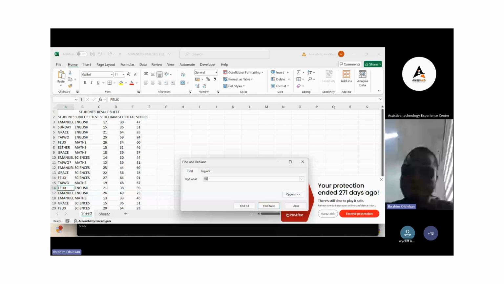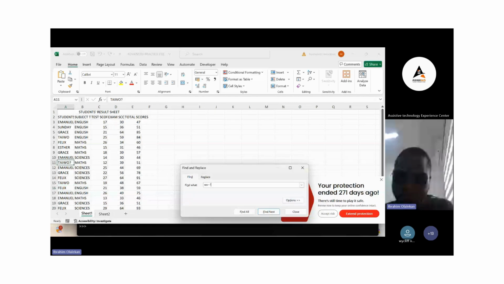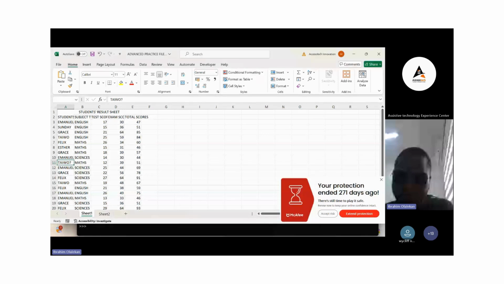Okay. Advanced practice file, Excel, Sheet 1, A11. So you see, it's still the same thing. If it is star 2, it's still the same thing. Tilde star. So now another thing when it comes to this find command that I want to show you is that